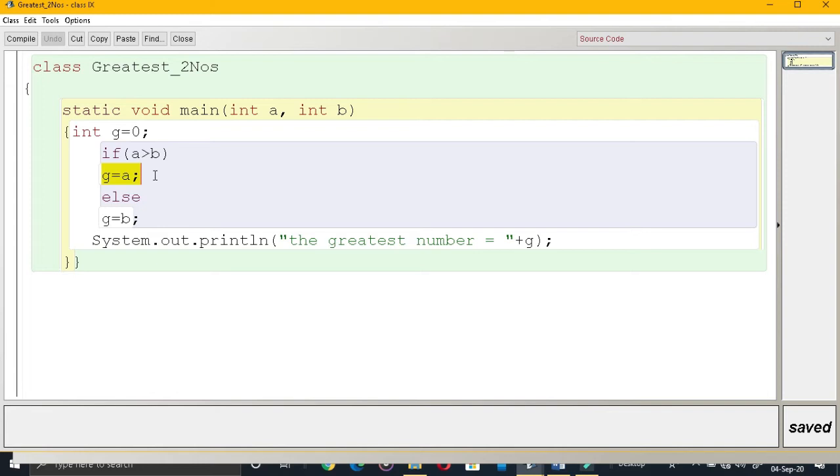That means G will be assigned with 45. Since this statement is true, else part won't be executed. Coming over here, system.out.println, the greatest number is G. G means 45, which is stored in A. So that is how the program runs.